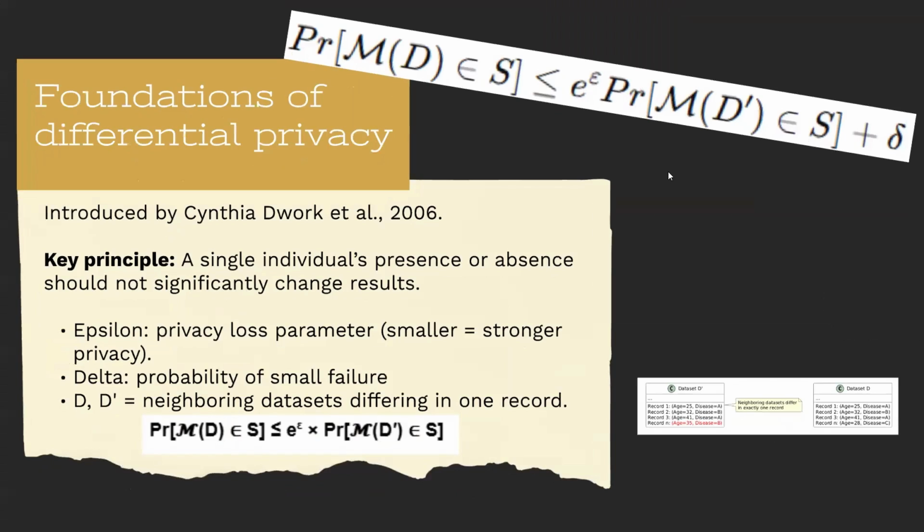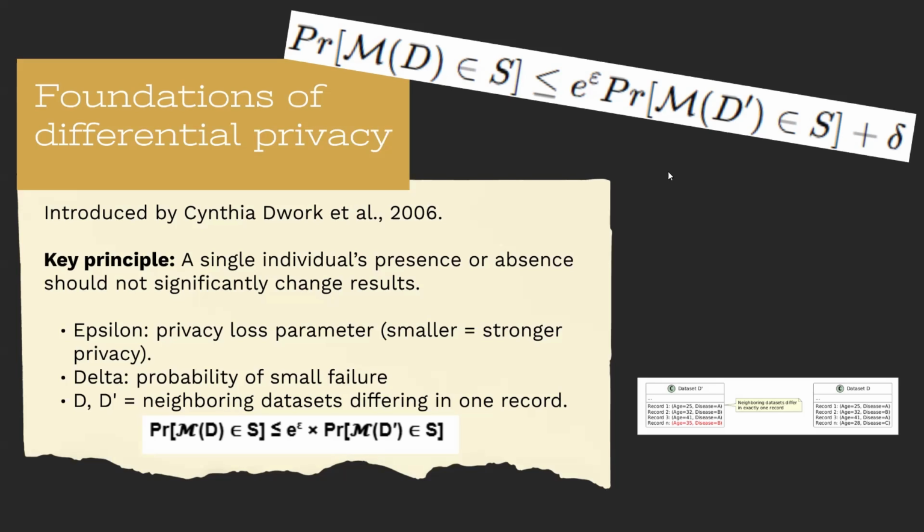Now that we have seen why differential privacy is important, let's look into the formal definitions, the mathematical foundation of why it makes everything so powerful. Differential privacy is built on the idea of neighboring datasets. These are datasets that differ in exactly one individual's record. For example, one person being added, removed, or having their data slightly changed.